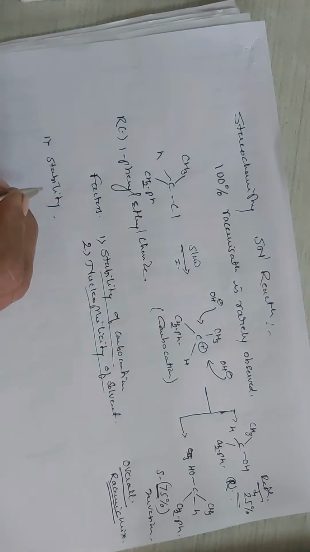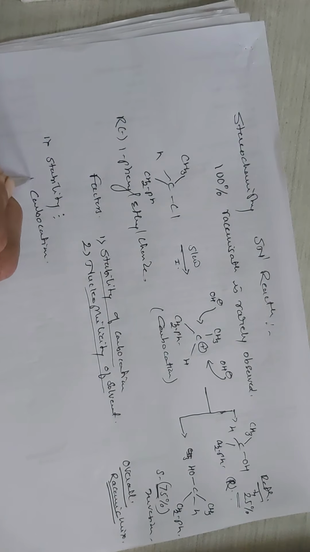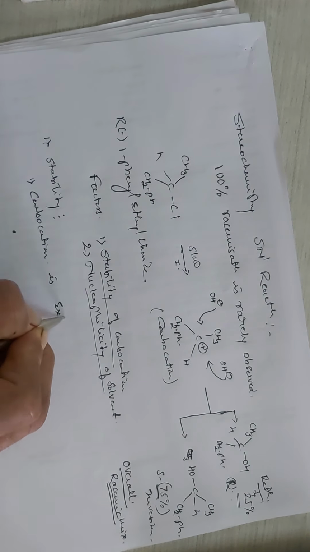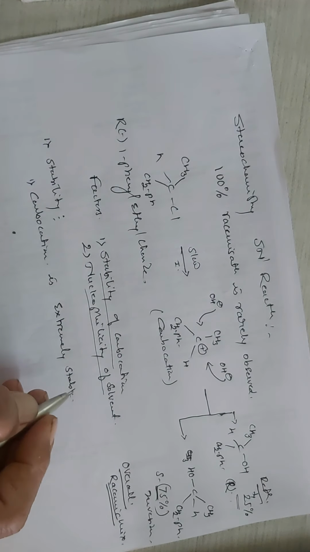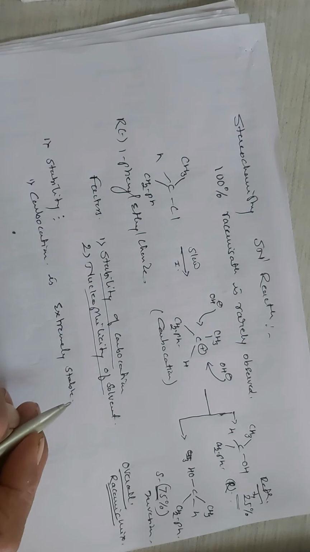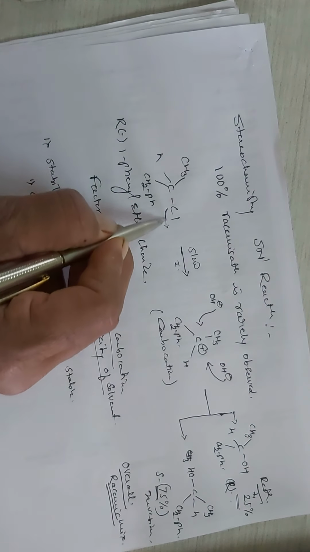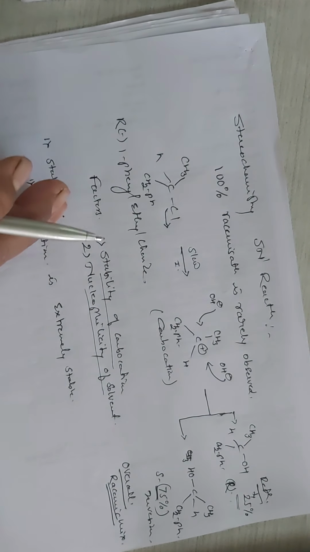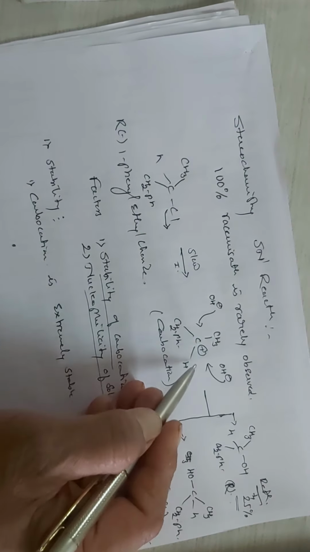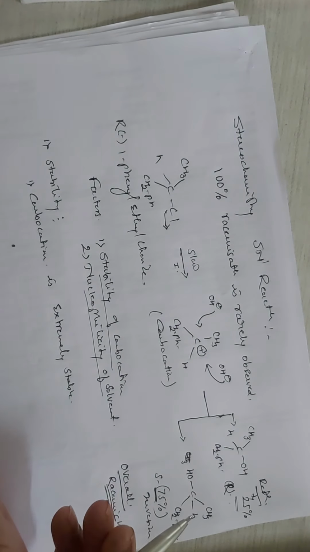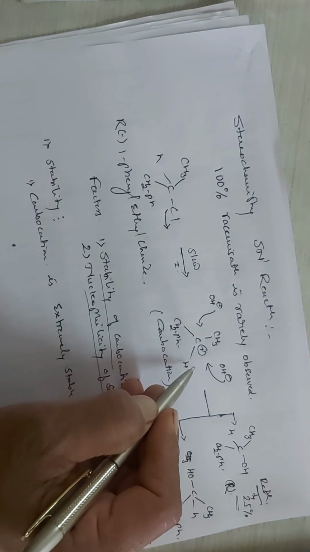Here we will get different types of carbocation. If the carbocation is extremely stable, it will exist in the solution for a longer time, and the leaving group which has left will go away from the vicinity of the carbocation, and then you can get retention or inversion in configuration.